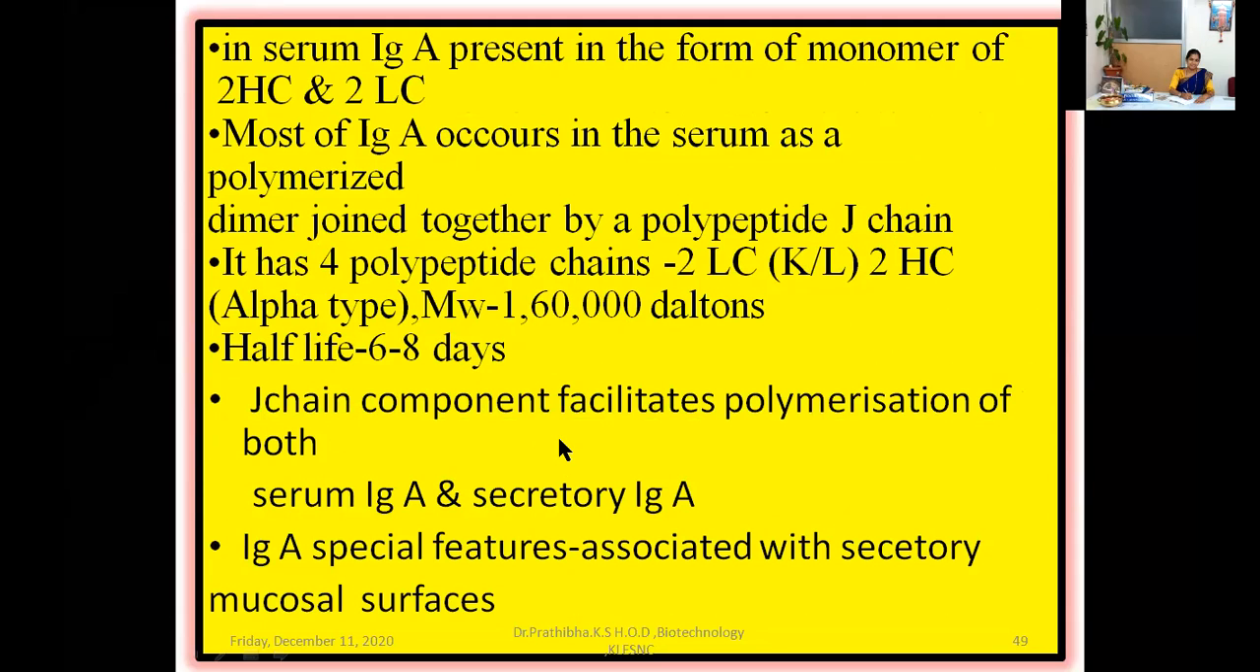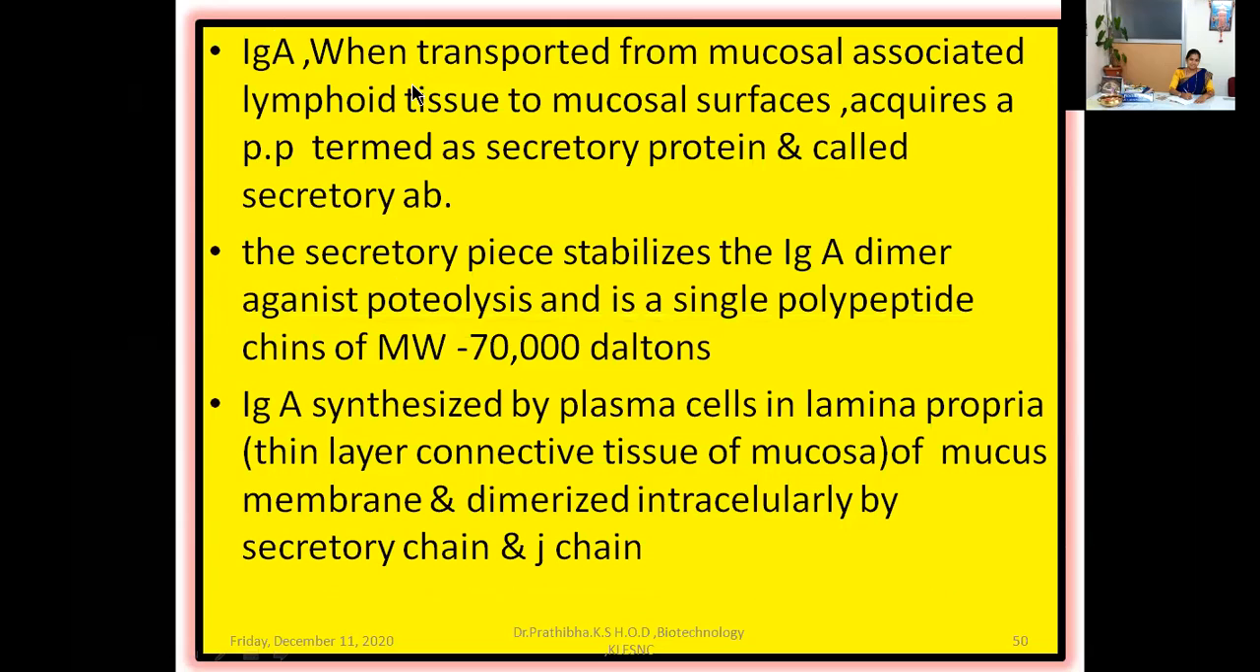The J-chain component facilitates polymerization of both serum IgA and secretory immunoglobulin A. IgA special features: it is associated with secretory mucosal surfaces. When IgA is transported from mucosal associated lymphoid tissues to mucosal surfaces, it acquires a polypeptide termed the secretory piece, called the secretory antibody. The secretory piece stabilizes